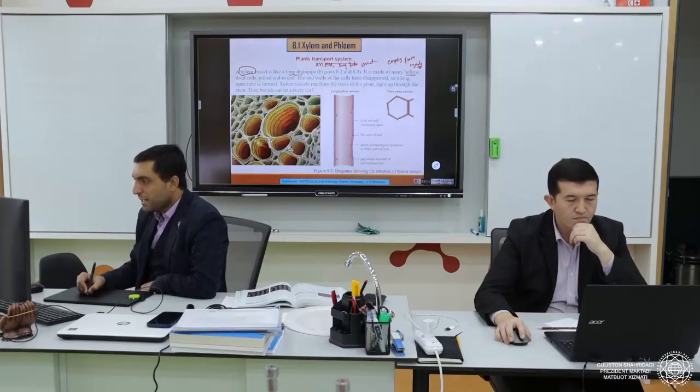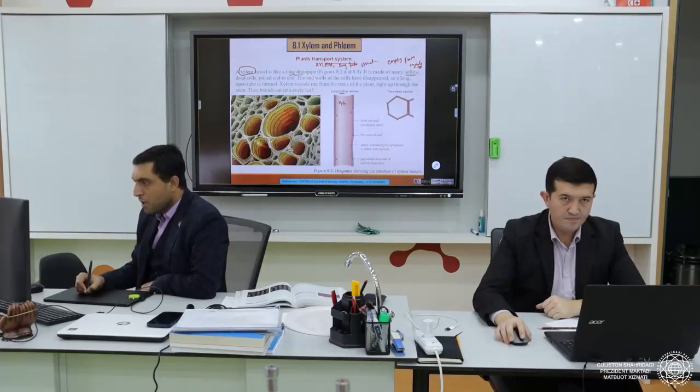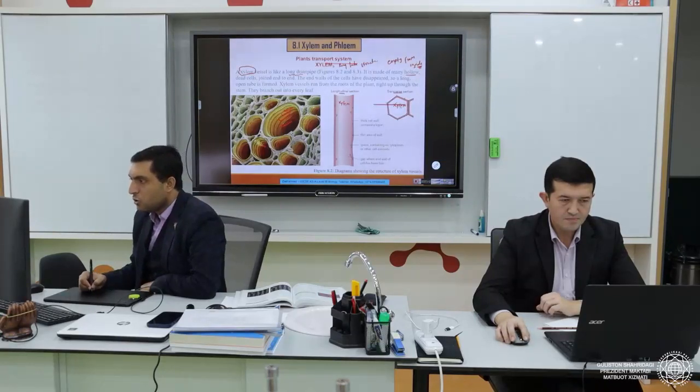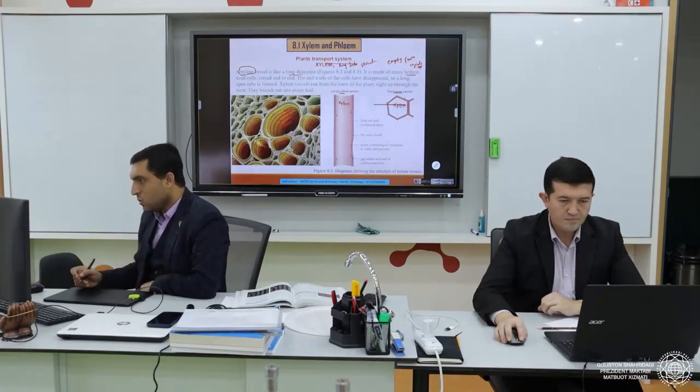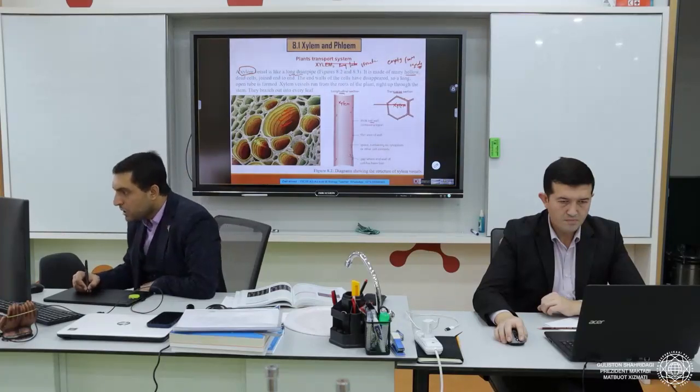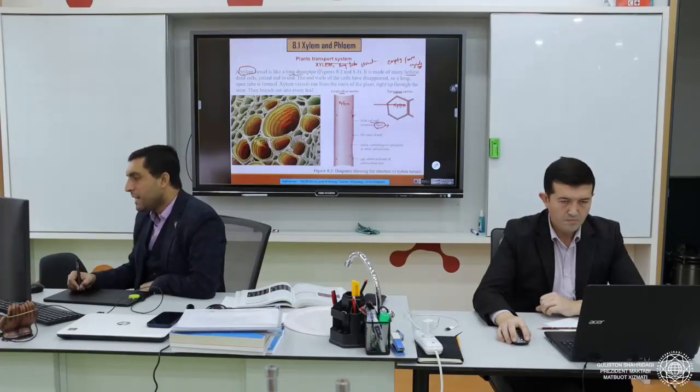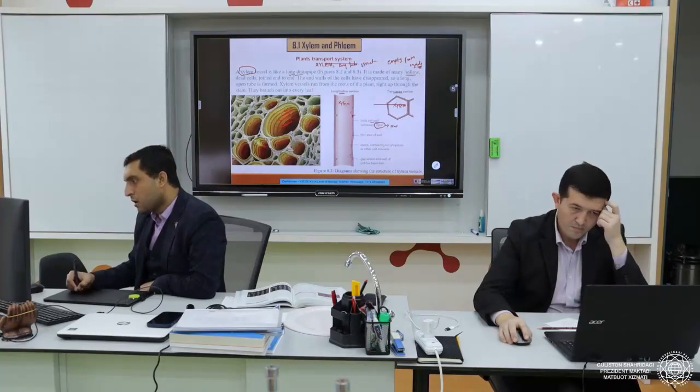This is the longitudinal section of the xylem, and this is the transverse section of the xylem. You know about longitudinal: when you cut it lengthwise. So you can see on the outside we have a very thick cell wall, and the outside you see the blackish part is lignin. What is lignin? Lignin is also a type of carbohydrate. It makes the xylem stronger